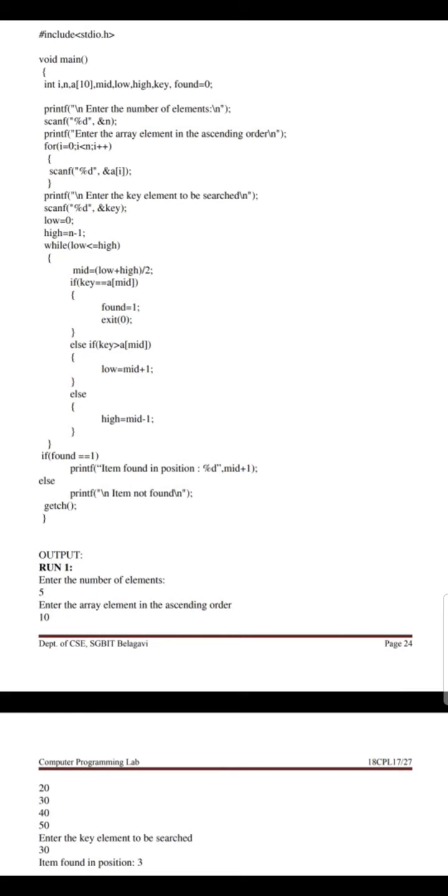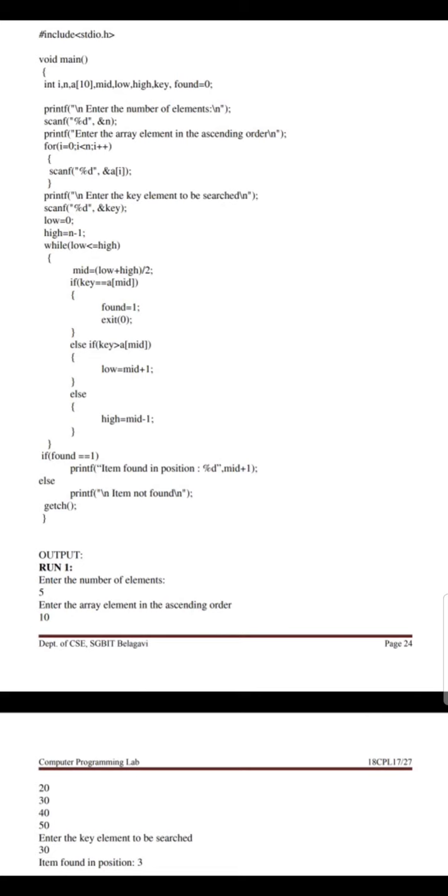Let me take one more small example, where the item is not found in the array. I will take 51. The 51 is not there in the array list.